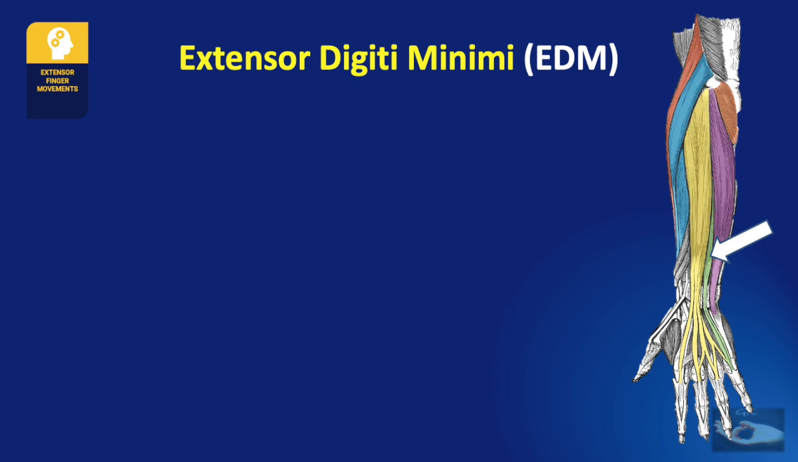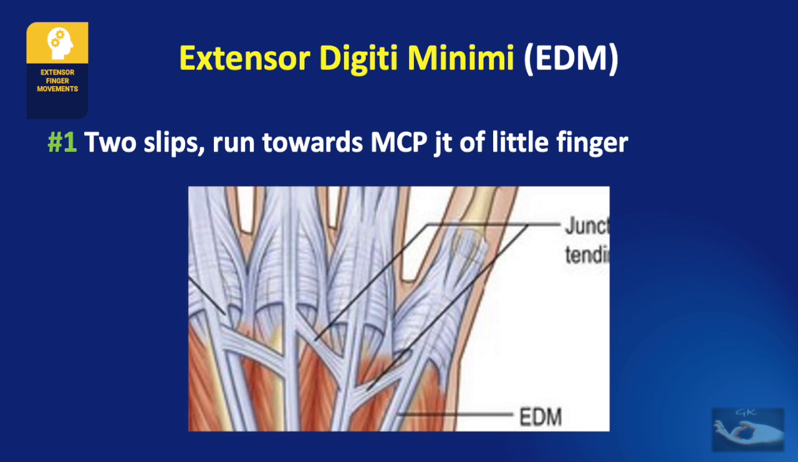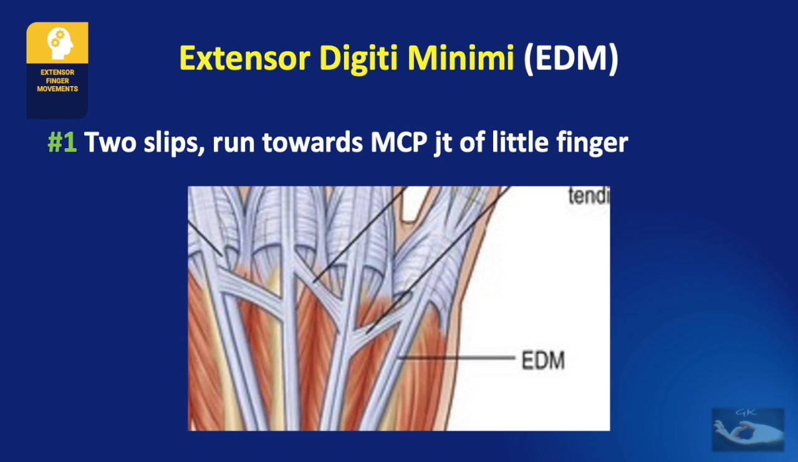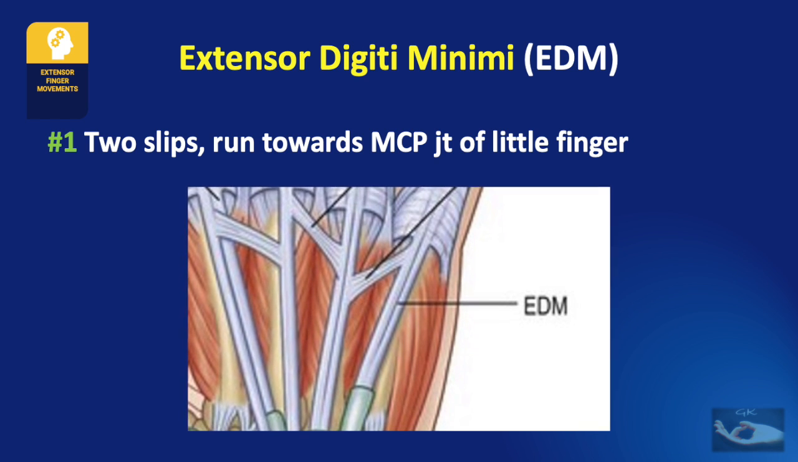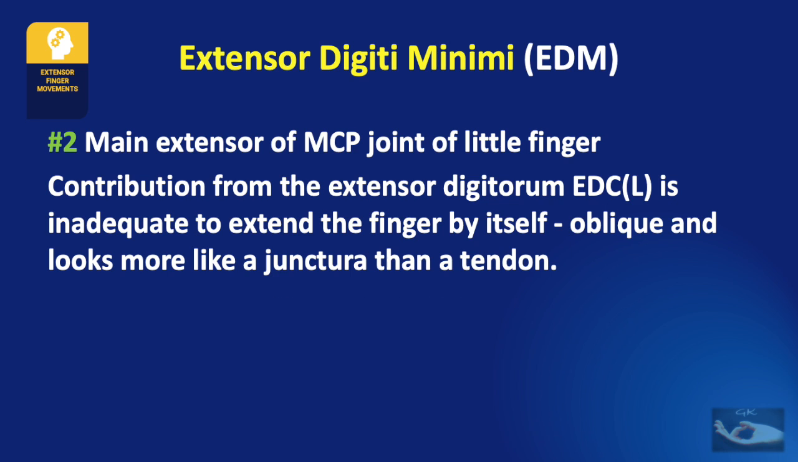Just like the extensor indicis proprius being an extra extensor muscle to the index finger, the extensor digiti minimi is an extra extensor muscle to the little finger. But there are a few differences. This muscle has two tendon slips that run over the dorsum of the hand toward the metacarpophalangeal joint of the little finger. Though it provides independent extension of the little finger, it differs from the EIP in that here it